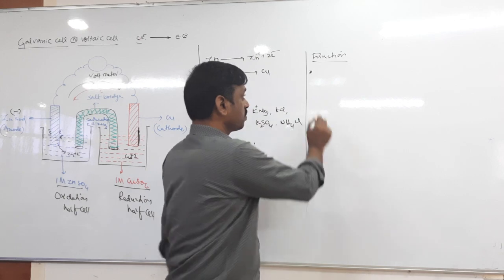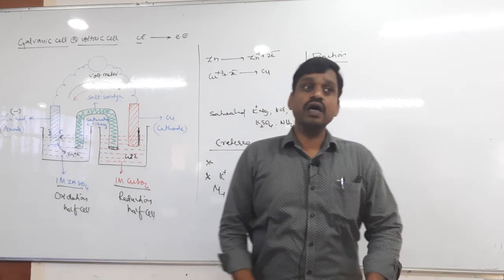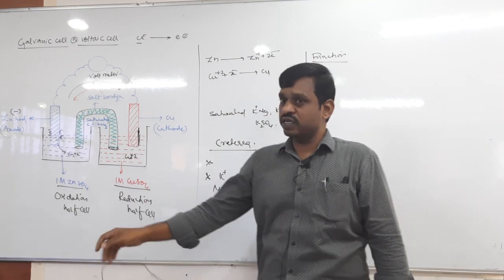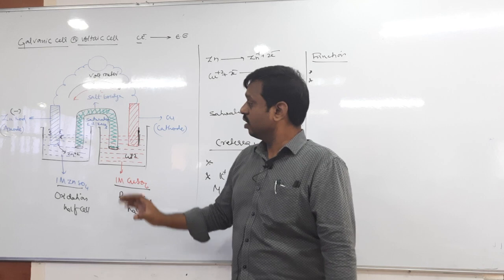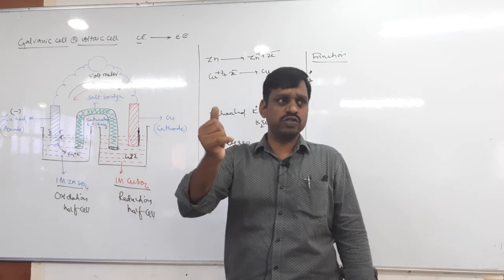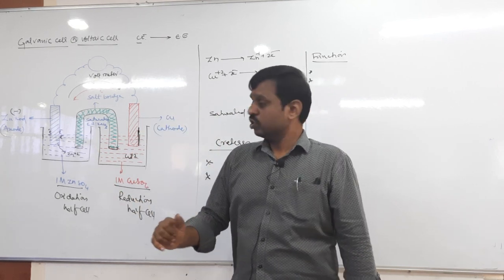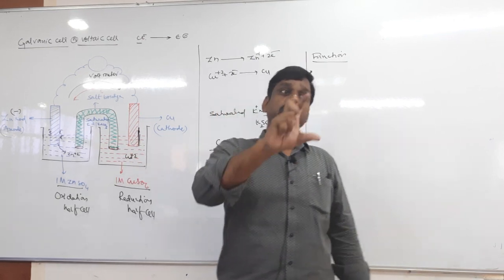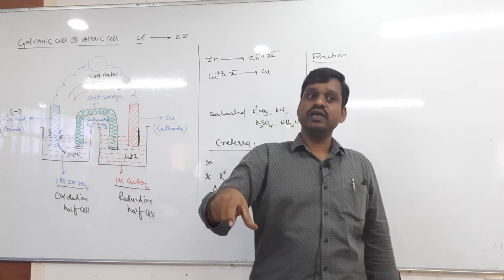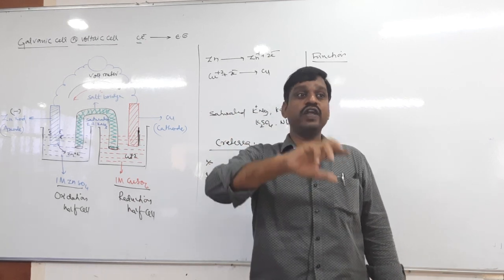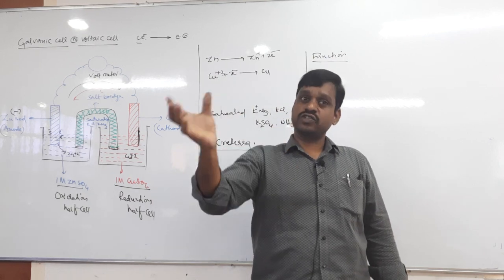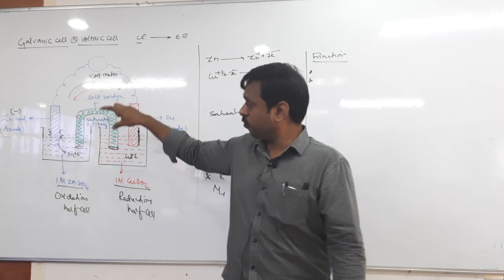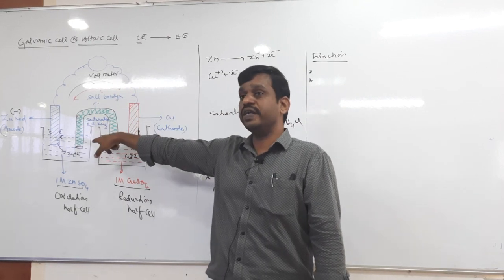Next, second one, it prevents the formation of liquid junction potential. Okay, what is liquid junction potential? We'll study it in the electrode potential topic. But remember, I think you might have studied it even in physics, liquid junction potential. So it prevents the formation of liquid junction potential. If the liquid junction potential is obtained, what happens? The flow of current is not possible, flow of electrons is not possible. So the electrons get stuck, they cannot move. Therefore, the formation of liquid junction potential can be prevented by this.